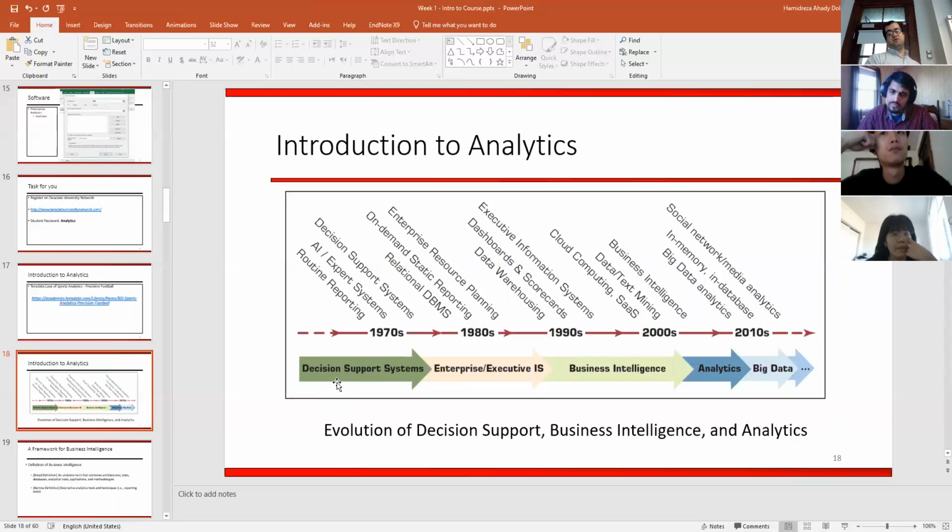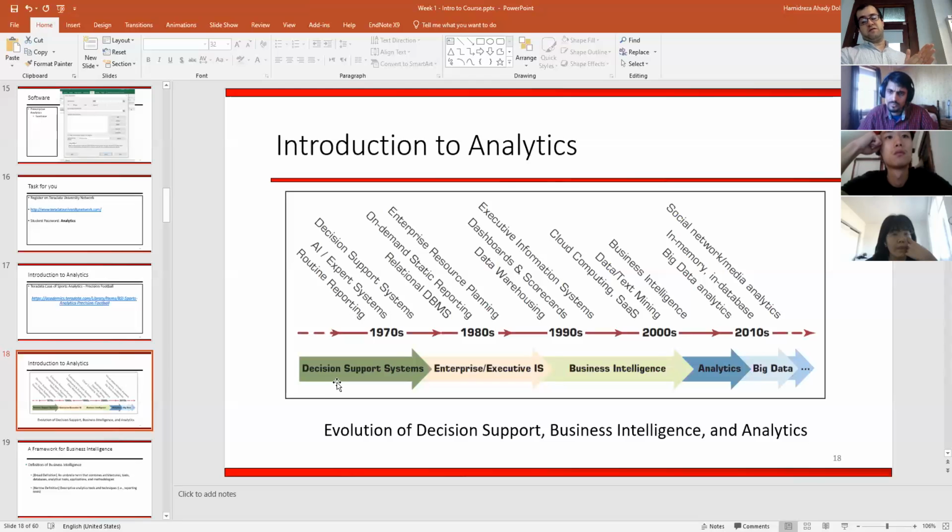So in 2000, at that time, the data mining concept evolved, and text mining was also introduced. And actually, at that time, very good artificial intelligence and machine learning models were created. And it's the era of business intelligence, because now our models and computer power are good enough to make intelligent decisions based on data.